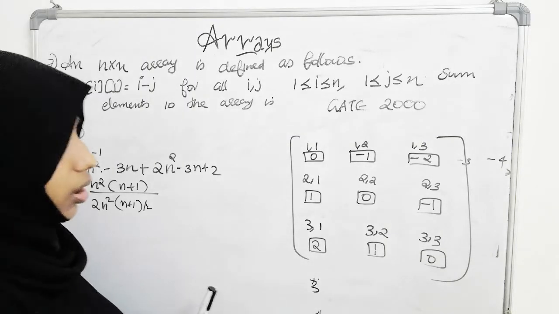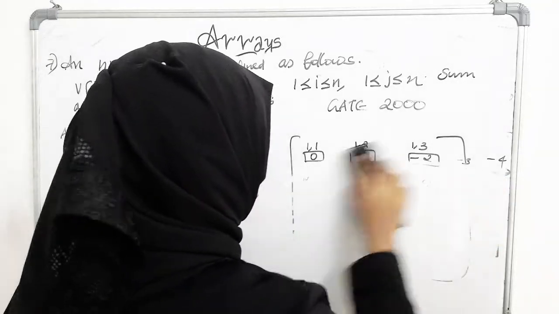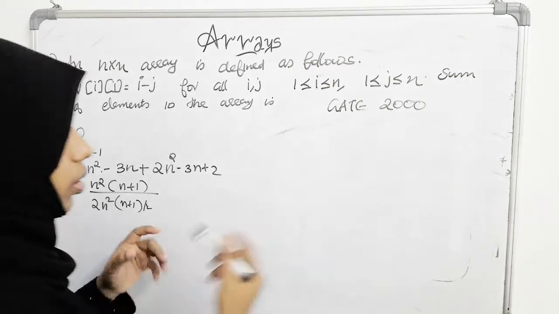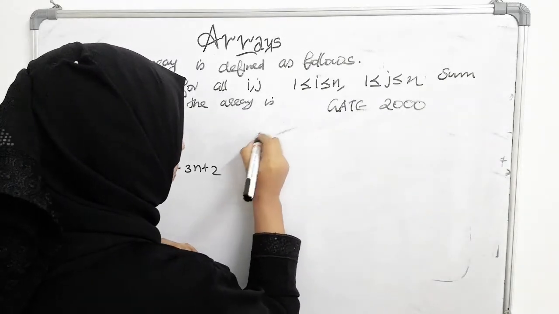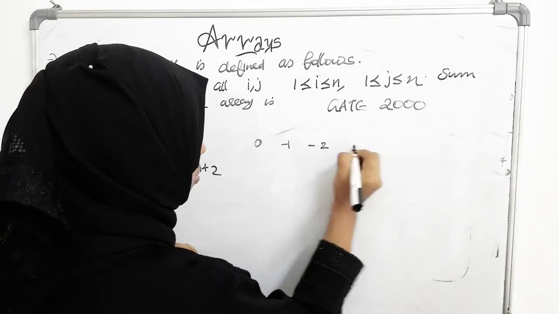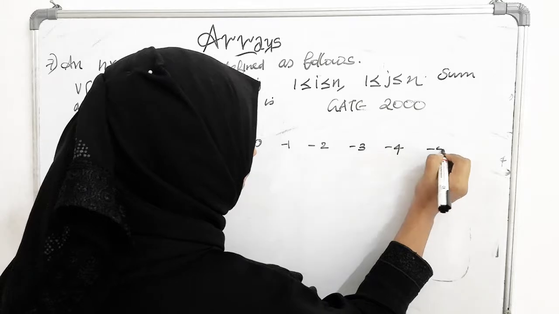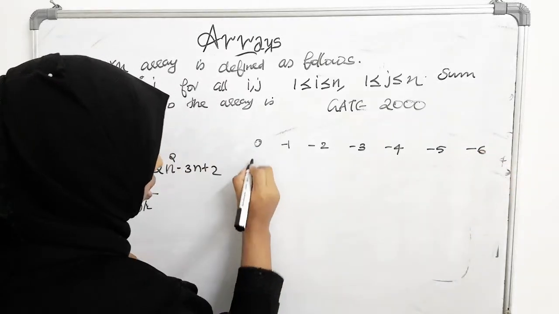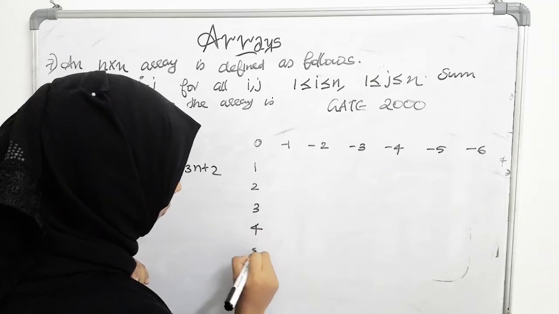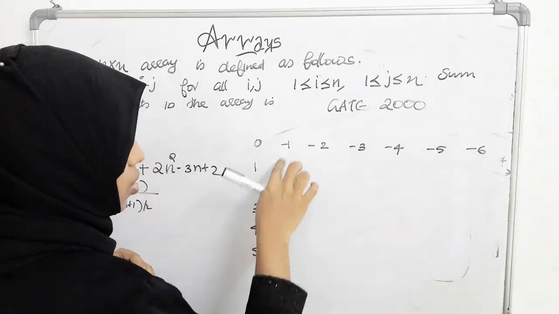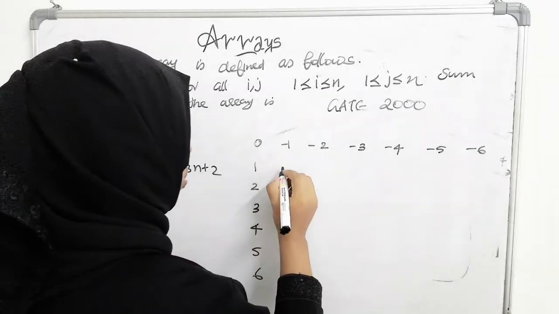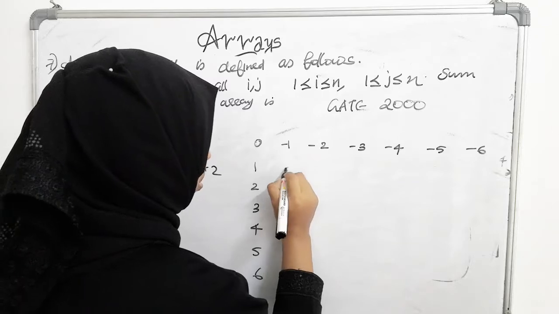For example, we can do this on a bigger matrix, I guess. If you are drawing on a bigger matrix, this position will be 1, 1. So you will get 0. Now this position is 1, 2. You will get minus 1, minus 2, minus 3, minus 4, minus 5, minus 6, and it goes on. In this position it will be 2, 1. So 1, 2, 3, 4, 5, 6 goes on like that. So if you add the first row with the first column, all the elements will be cancelled and you will get 0. This is the position of 2, 2. So you will get 0 here.